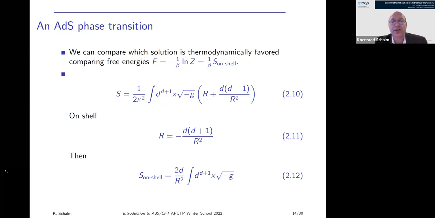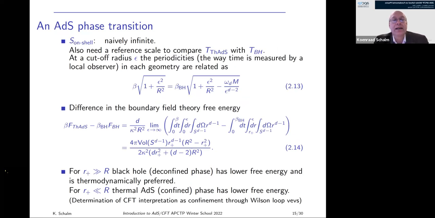So let's do that. The on-shell action is naively infinite, and there's another object we need to be careful with. Remember that in this